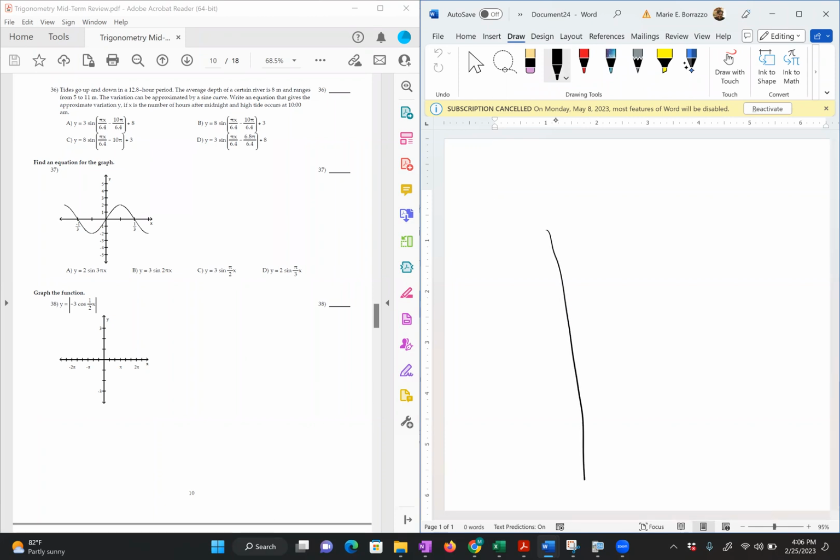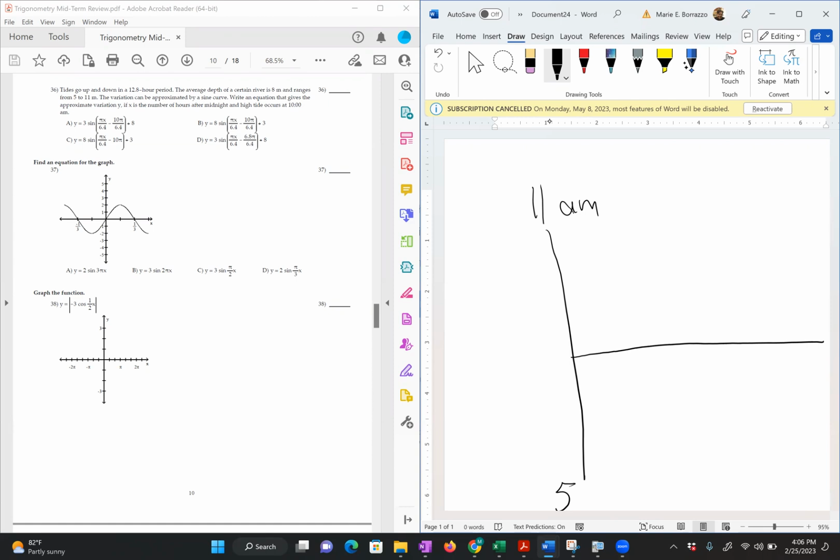If I'm thinking of a tide, this is 11, okay, H is 11. This is 11 a.m. here, and this is 5 as well. So it's ranging